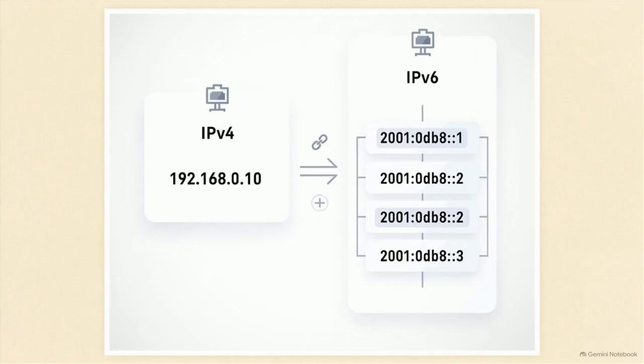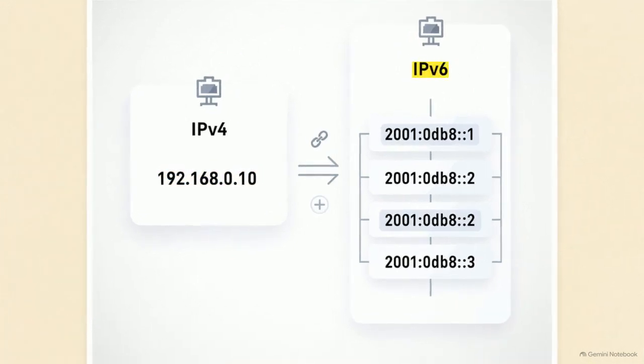This contrasts the two protocols. The IPv4 setup on the left relies on a single address, while the IPv6 interface on the right requires multiple addresses to function correctly. Seeing a link local, a global unicast, and temporary privacy addresses coexisting simultaneously is the intended